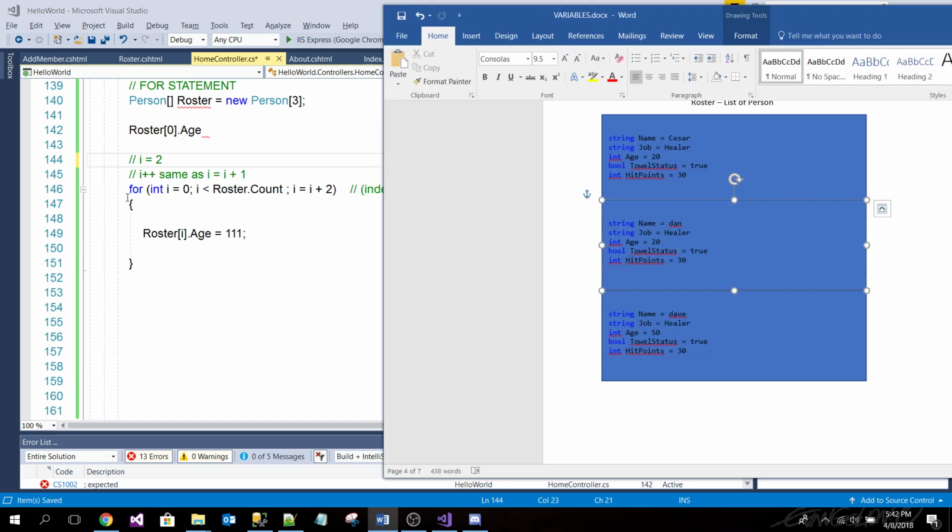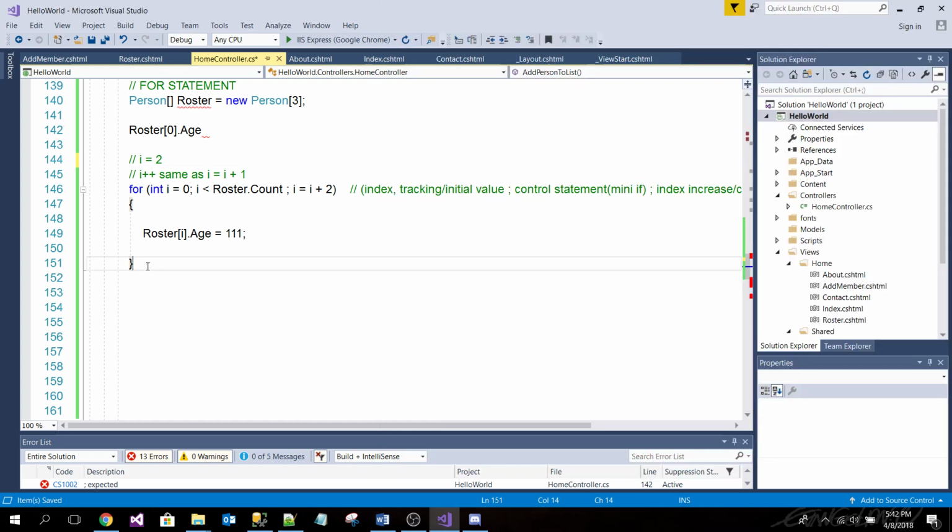Then we go here. Starting at 2, it's less than roster count. So we're going to set the second entry in the roster. Which one? This guy here? Nope, up 1 more. That's right, and that's going to be 111. So it's going to affect this guy here. Then we increment I again, and we're out of range for the next one.